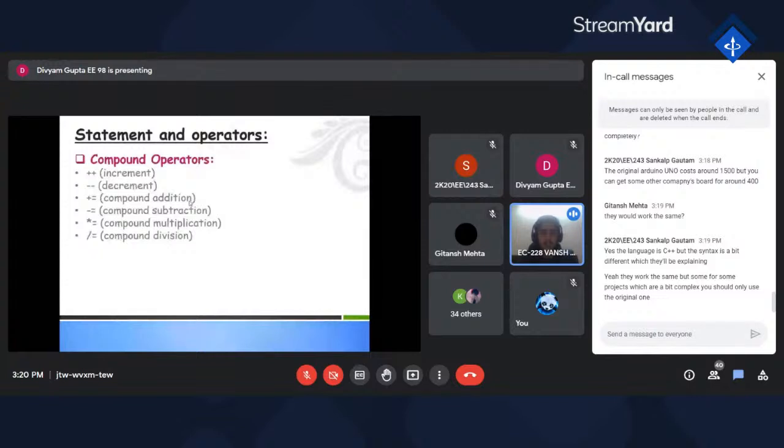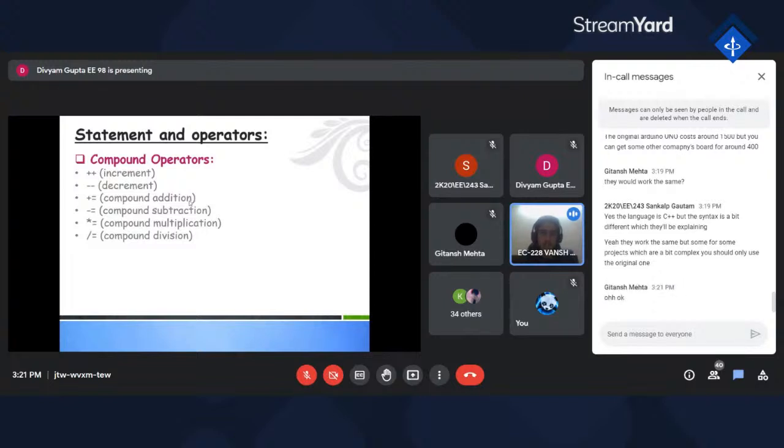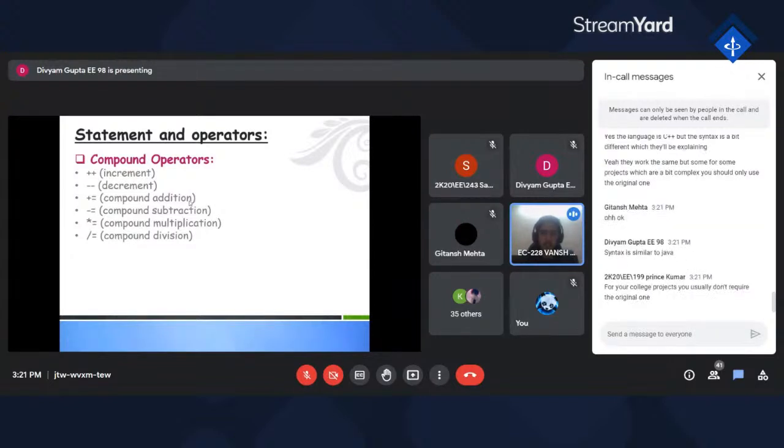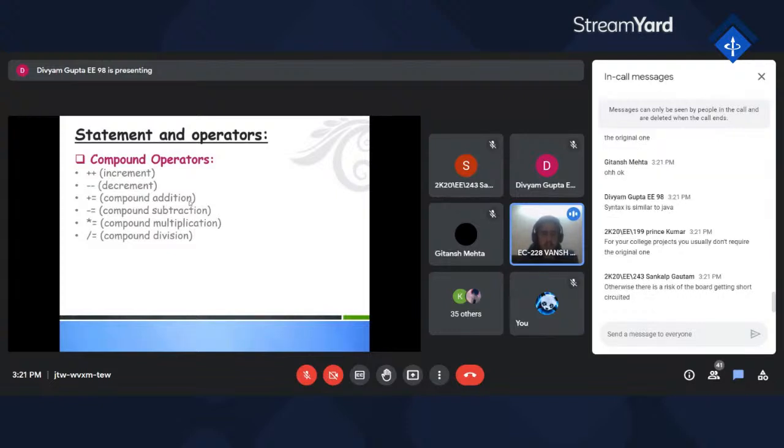Then compound addition and compound subtraction. You may not be able to understand what they are meant for right now, but you'll see later. I'll just tell you the syntax. If you want to add two numbers, you say that you want the value of P to become P plus A. Earlier the value of P was 13 and the value of A was 5, but I want P to be assigned in such a way that P becomes P plus A. So we write the same in compound addition terms. You'll understand it later. I'll tell you in the code, and probably in the LFR. Next slide, please.